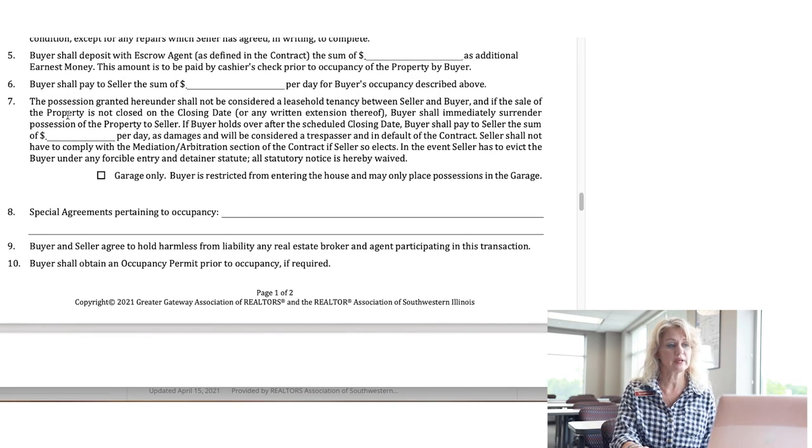The possession granted hereunder shall not be considered a leasehold tenancy between seller and buyer, and if the sale of this property is not closed on the closing date or any written extension thereof, buyer shall immediately surrender the possession of the property to seller. If buyer holds over the scheduled closing date, buyer shall pay to the seller the sum of blank per day as damages. A lot of times this amount here will be much more than this amount here, a significant amount more,